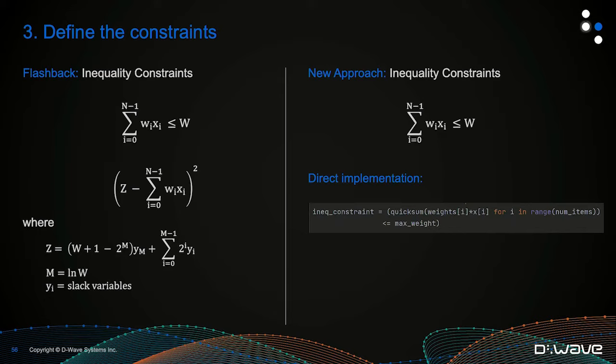So on the right-hand side, what I'm showing here is that, again, we can bypass all of that work. As soon as we have a math expression for our inequality constraint, we can add it directly to the CQM, or we can define it directly. And again, we're going to use the quick sum function. We'll multiply the weight of each package by the binary variable for the package. So the binary variable is X there, and use the inequality operator to set that as less than or equal to the maximum weight. So much quicker and a much easier way of getting from that math statement to the code.